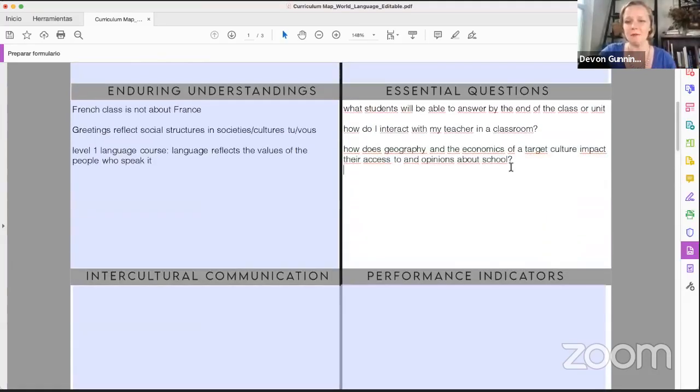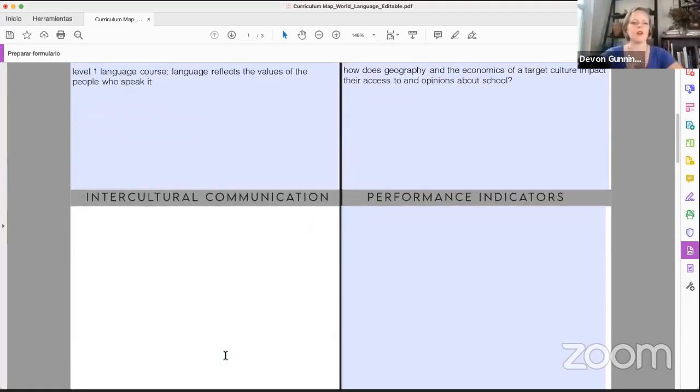maybe it'll make it a little bit more realistic if we are just asking the right questions instead of asking more questions and asking really challenging questions. These essential questions, having maybe 2 or 3 of these per unit, is really helpful to organizing your ideas. And making sure that you're still hitting those essential cultural points that is the reason that we teach the class, right? Intercultural communication is where you're going to put all of your ICCs to make sure that you are hitting all of those things that you would like your students to be able to do by the end of